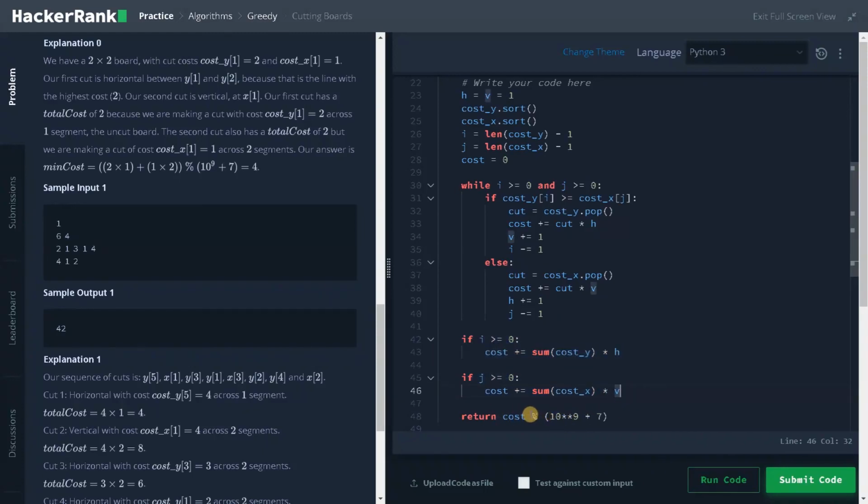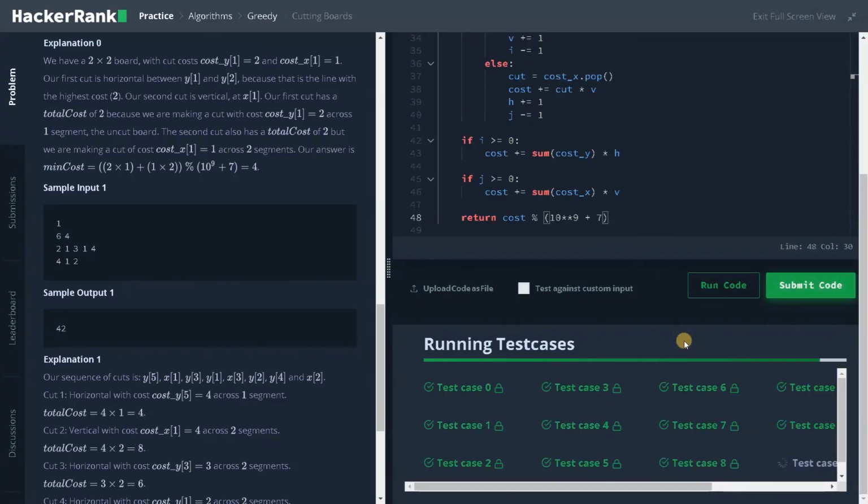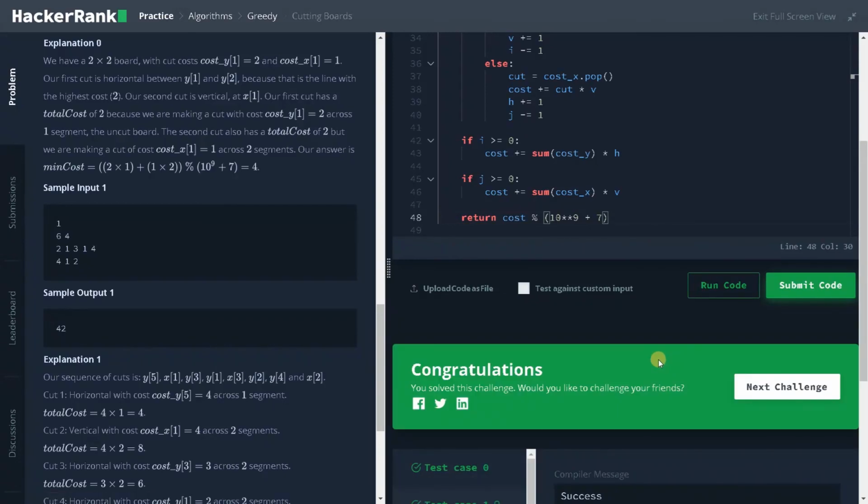And finally we have to do this modulo operation. If you are using a language other than Python, you have to use the modulus operation in the while loop itself to avoid variable overflow. Python can handle large integers, that's why I just did it at the end. If you are using Java or C++, make sure to use a proper data type and use the modulus frequently in the loop itself. Okay, let's submit the code now. Yes, it has passed all the test cases.